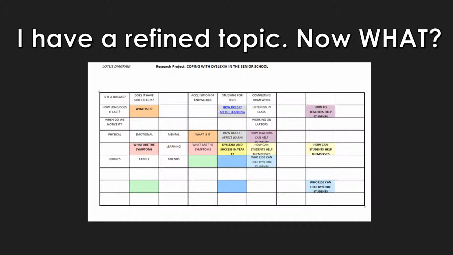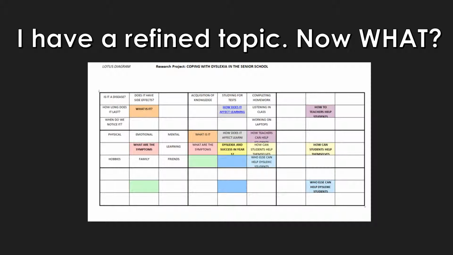Okay, so hopefully by now you've done some mind mapping, you've got a topic that you're interested in, maybe some potential areas that you're thinking are going to work. Maybe you're moving down the pathway of a particular topic and you're not really sure where to go from here. This is where something like a Lotus diagram or a mind map or even just a list can really be